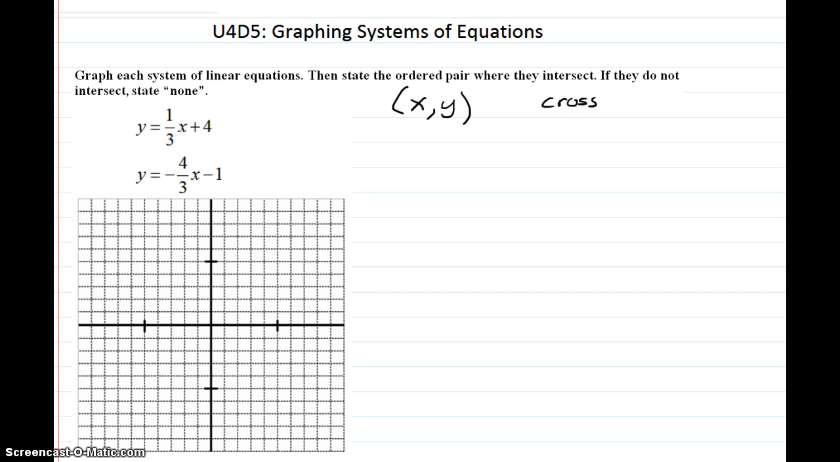So let's graph this first line: y equals 1/3 x plus 4. Now this line is already written in y equals mx plus b form, and so that's going to make it easy for us. We're going to start by identifying the b, and so we have a b of 4, so that means it touches the y-intercept at 4, and then it has a slope,